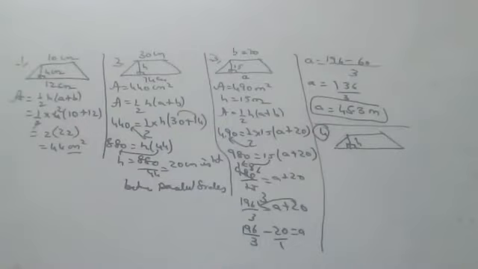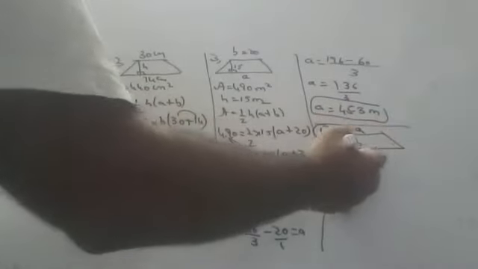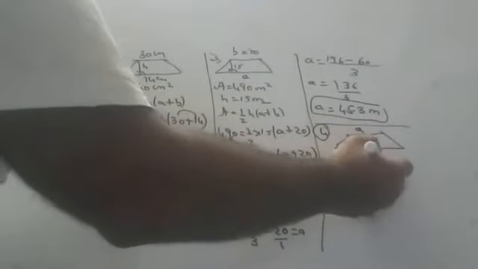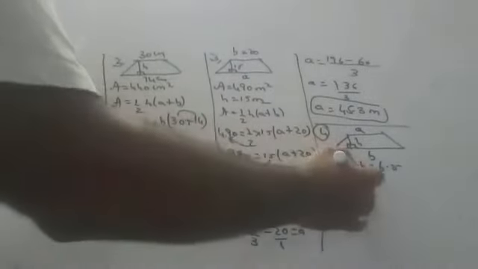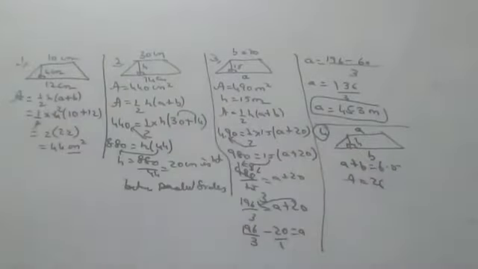Okay. Find the altitude of the trapezium. Sum of the length of the bases is 6.5. Children, he's not saying this is A, this is B. A plus B is equal to 6.5. He is only saying A plus B. Sum of the bases is 6.5 and area is 26.